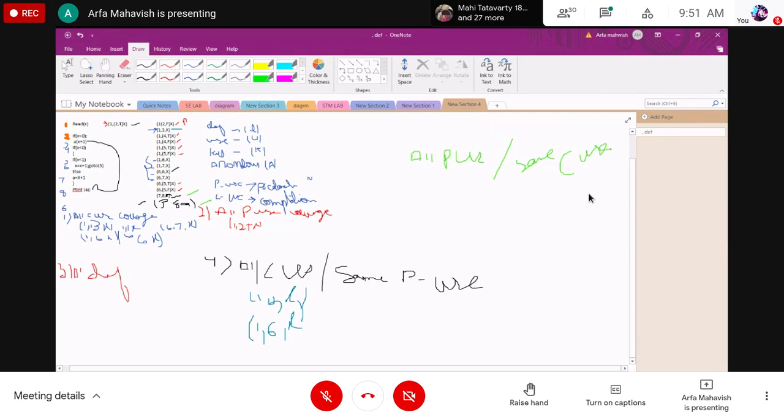In all PUs we have the values 1, 2, t, x. These values we are getting in the all PUs. In all PUs and some CUs we are getting 7, 8, a, like these values. The 7, 8, a value is a CU's value, but the A is not being used as a prediction.